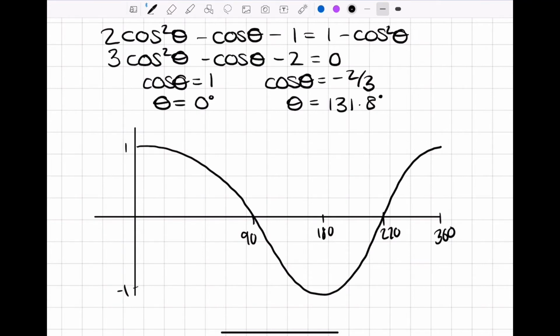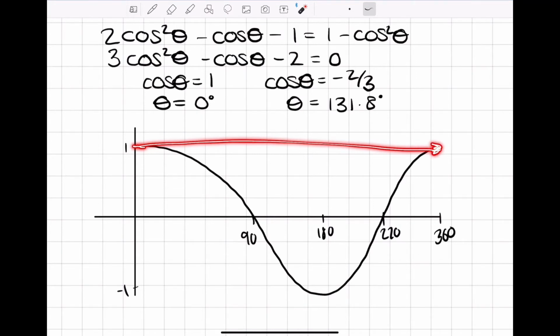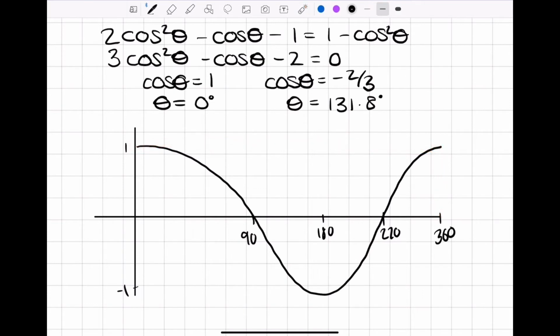Our first solution for cos theta equals 1 was clearly 0. We'll also have another one of those over here, which corresponds to theta equals 360. So we'll get two solutions from cos theta equals 1. We'll also get two solutions from cos theta equals minus 2/3. So if I look at minus 2/3